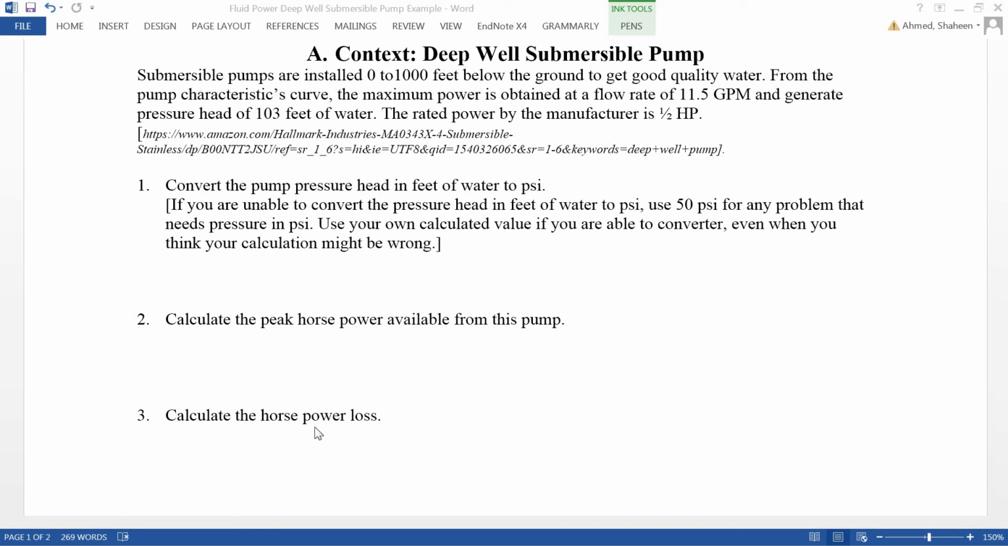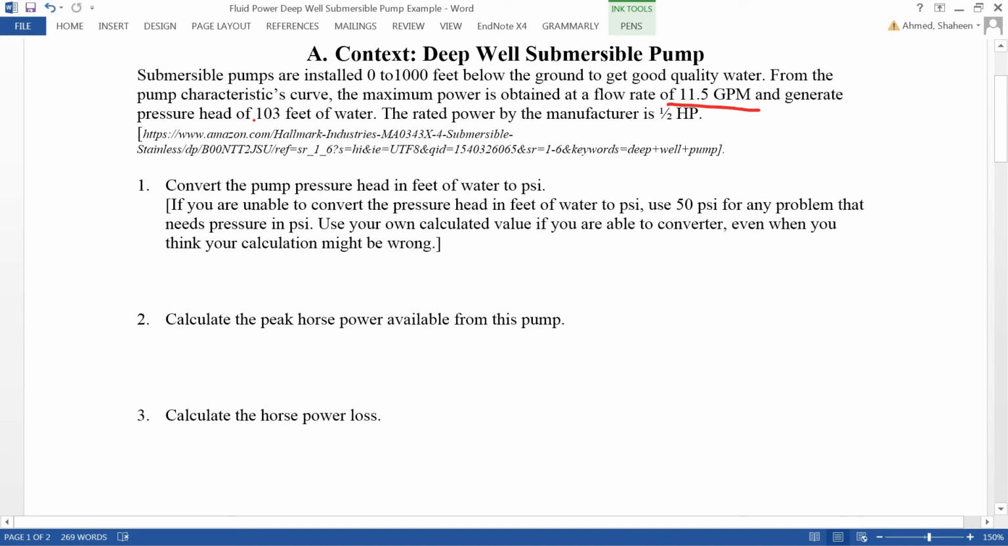Example, deep oil submersible pump. This example came from one of the pumps advertised on Amazon.com. You can click on this link and see this pump, and all these descriptions are taken from that website. So this is a deep oil submersible pump. It says that the pump flow characteristics produce